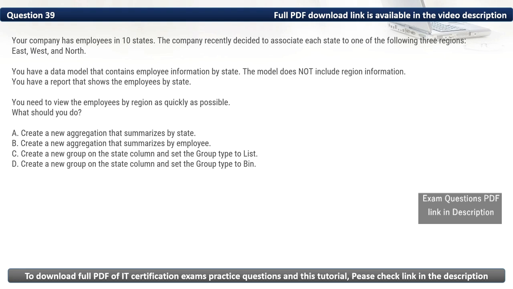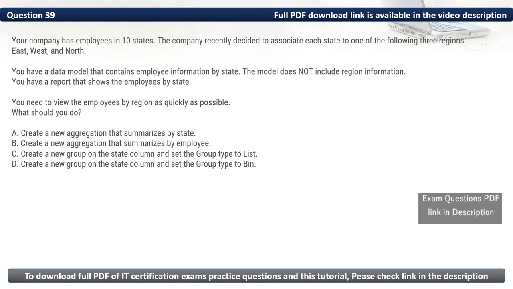Here in this question, our company has employees in 10 states that have recently been associated to one of the given three regions. We have a data model that contains employee information by state but does not include region information, and a report that shows the employees by state. We need to view the employees by region as quickly as possible.